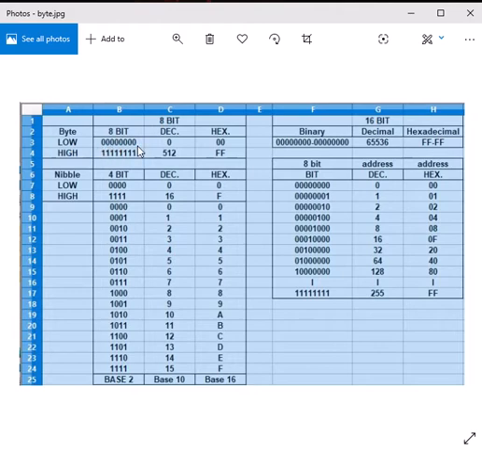And bytes come in 8 bits. Each register is a bit, and a byte is 8 bits. But Commodore is an 8-bit computer, but it still has to use 2 bytes to address all the addresses in the Commodore, which is 65,536 or 64K.